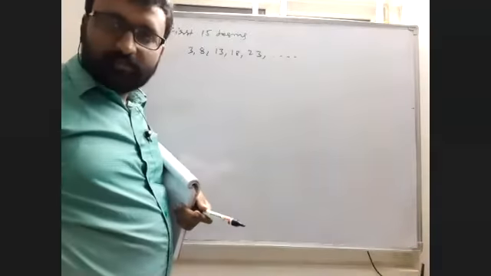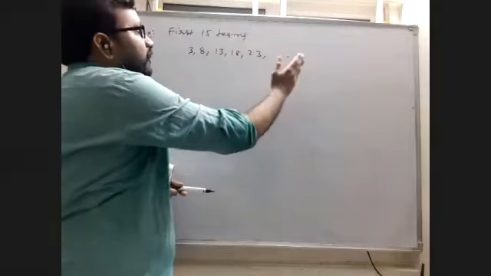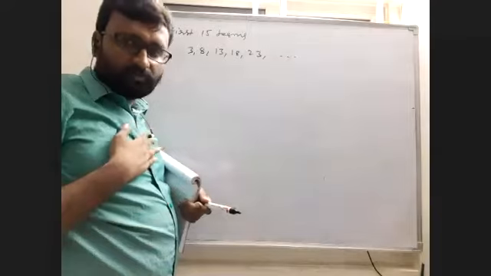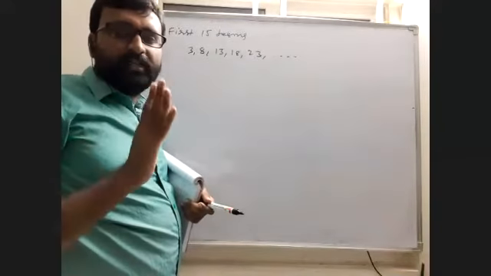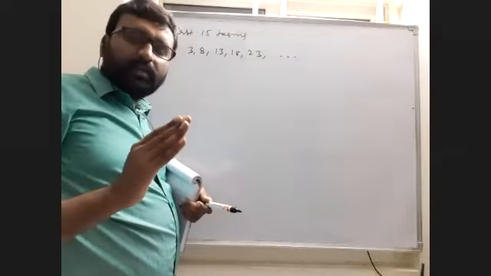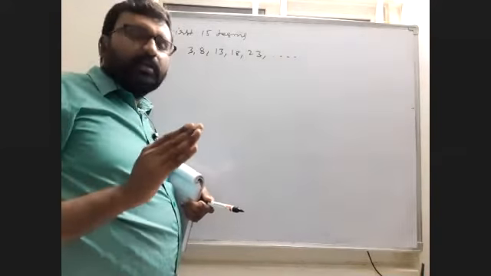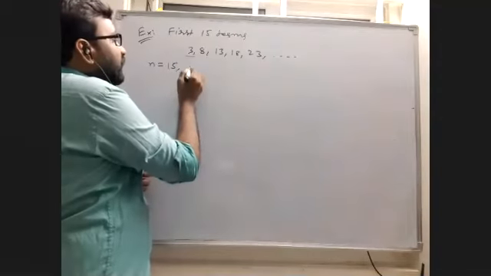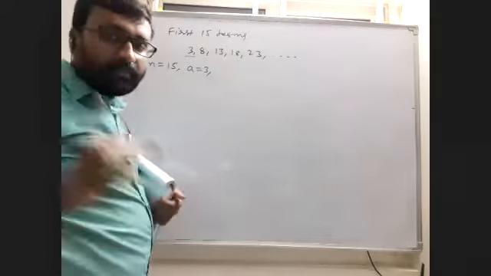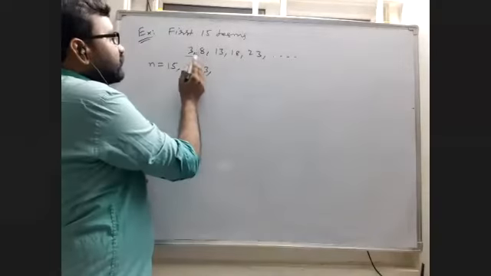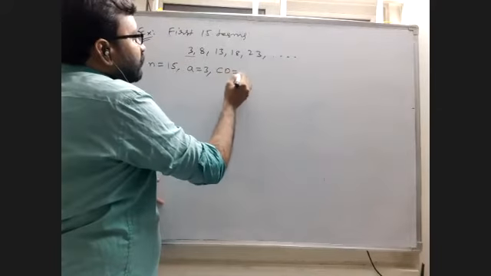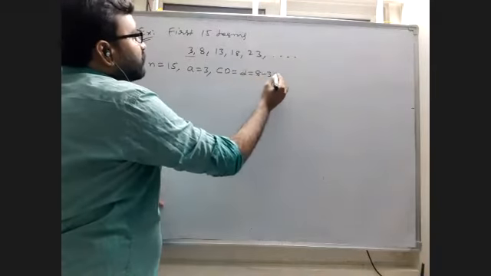You are not given the last term, but he is asking what? Sum of up to 15 terms he is asking. Up to 15 terms means we have to find the sum of 15 terms. So how many terms here given? We can understand that the total number of terms given is 15. So here n is equal to 15. So number of terms is 15. And the first term is a equal to 3. And the common difference we have to write. Common difference means this minus this, I told you, that is 8 minus 3. Common difference, small d, is equal to 8 minus 3 is equal to 5.